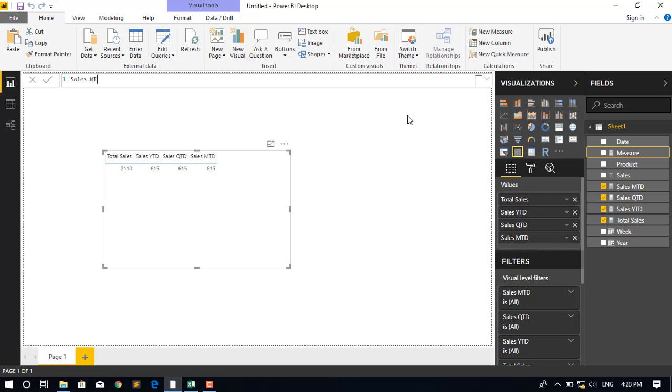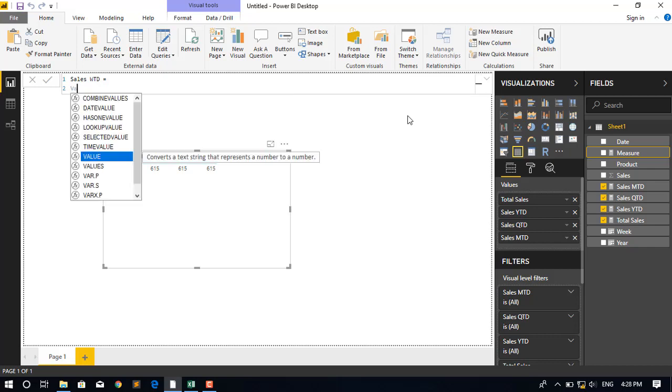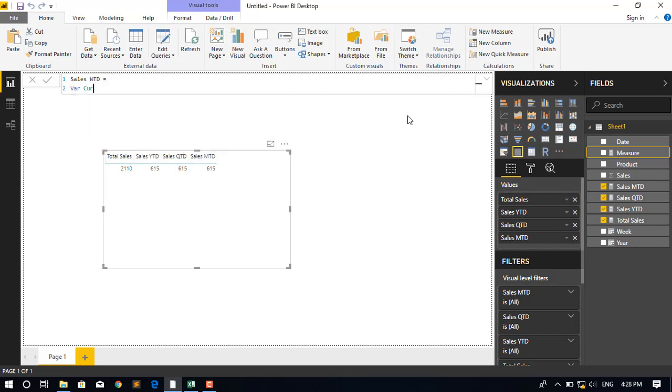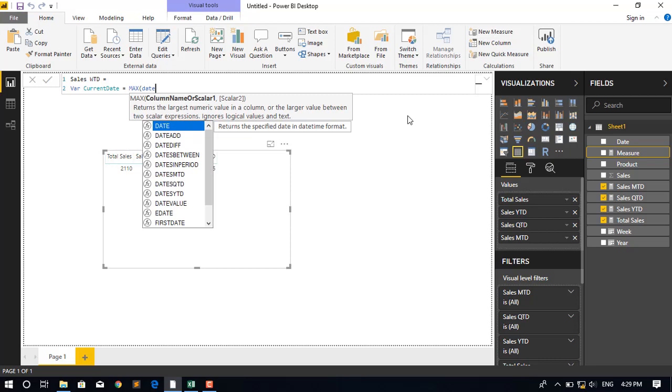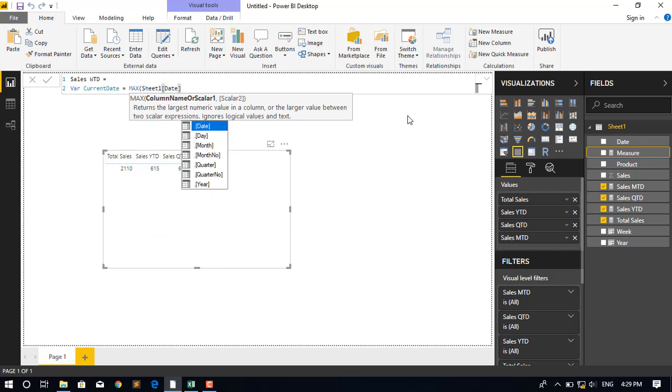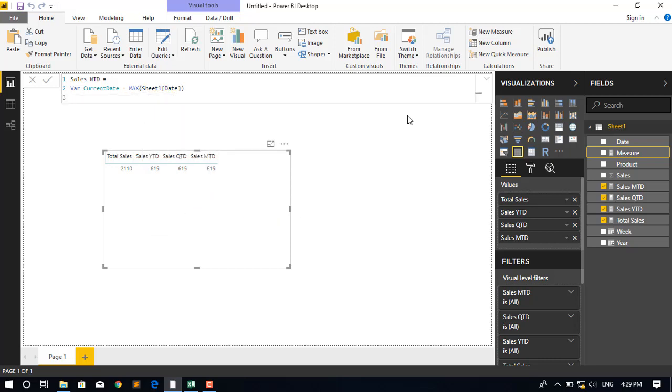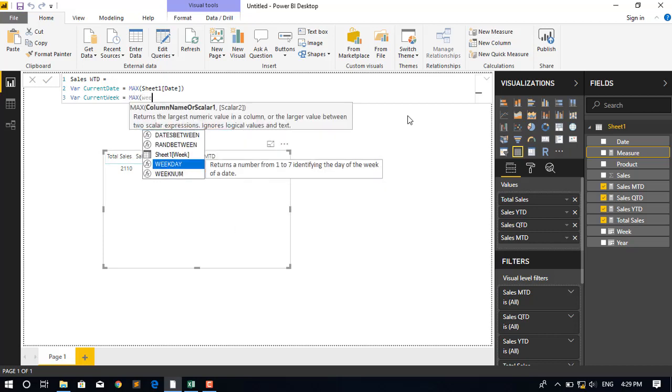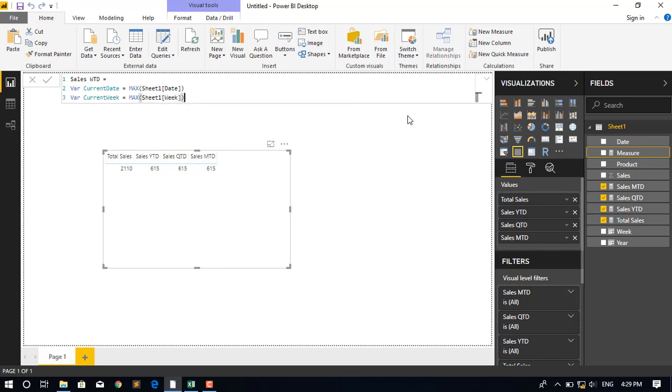Sales week to date equals to first I want to declare some variables. var current date equals to max date and current week equals to max week. And now return